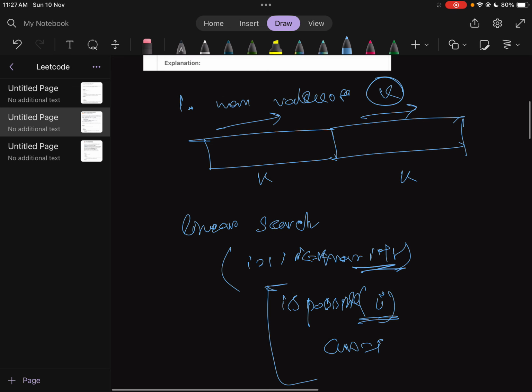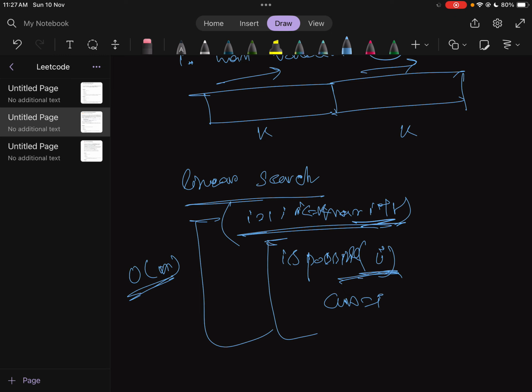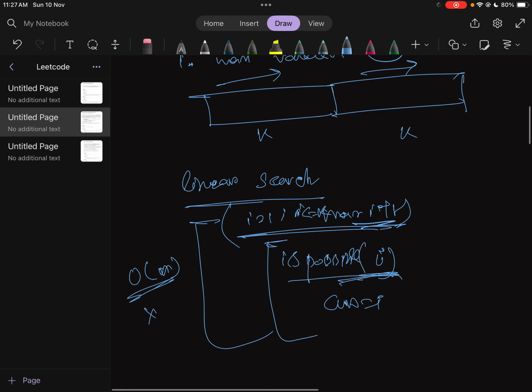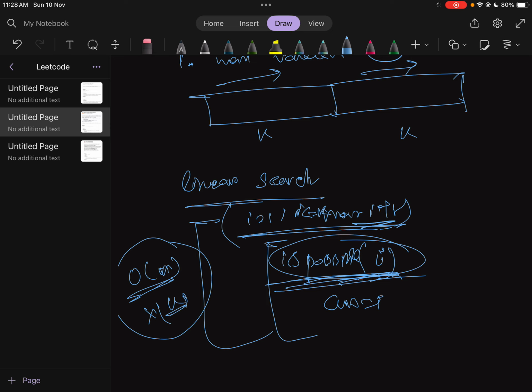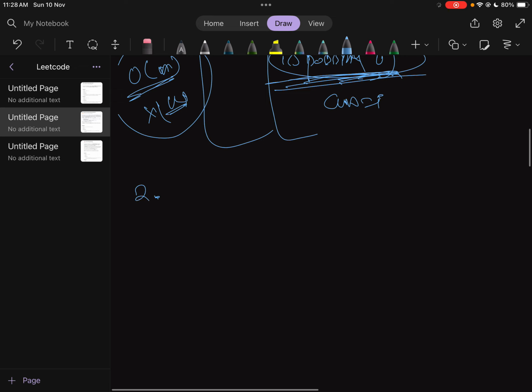First of all, I will linearly search for each k, then I will check for each k whether it is possible or not. So what is the time complexity of this? Here you are linearly searching, so the time complexity will be big O of n. The search space has length n, and for each we check whether it is possible or not. Suppose that check takes big O of k, so the time will be n into k, so this will give us TLE. Now how can you optimize the searching operation?